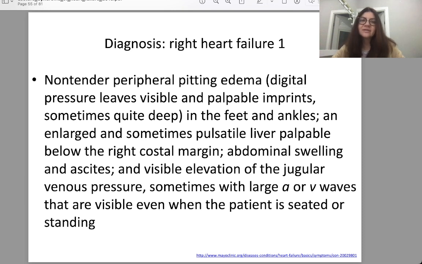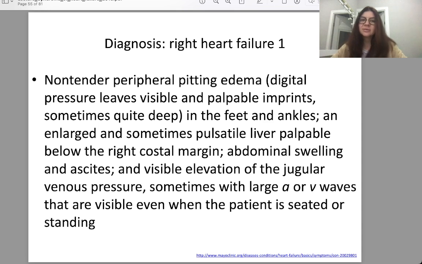Diagnostic of right heart failure. Non-tender peripheral pitting edema, where digital pressure leaves visible and palpable imprints, sometimes quite deep. It is the most simple and the most typical objective way to check lower extremities edema. We check it on feet and ankles,